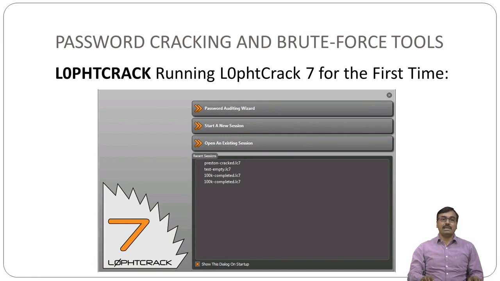this is the welcome screen in PST crack. Inside it there are several options like password auditing wizard, start a new session, open an existing session, and you can see there is a recent session inside this window.